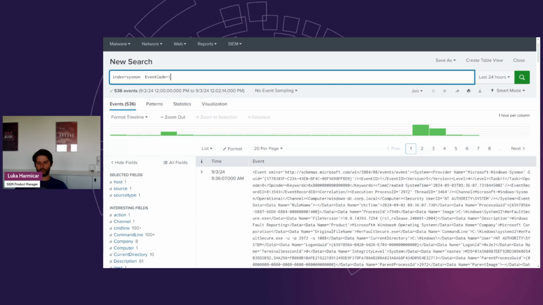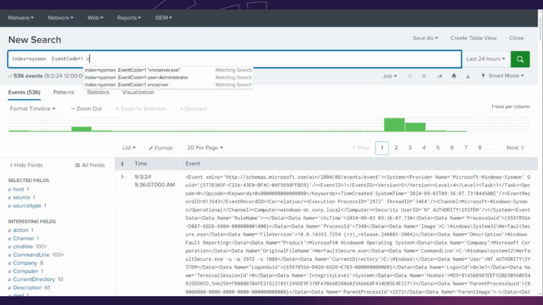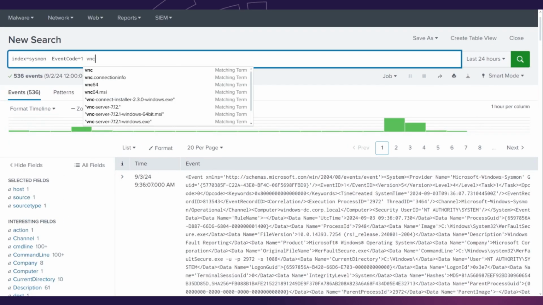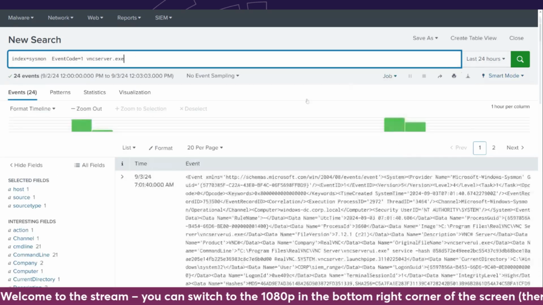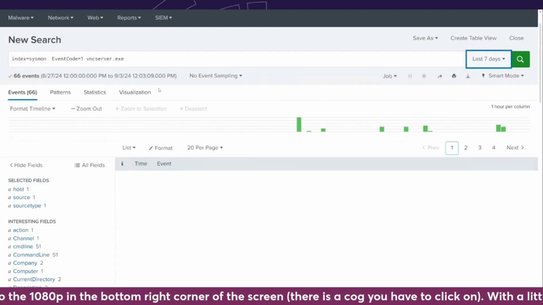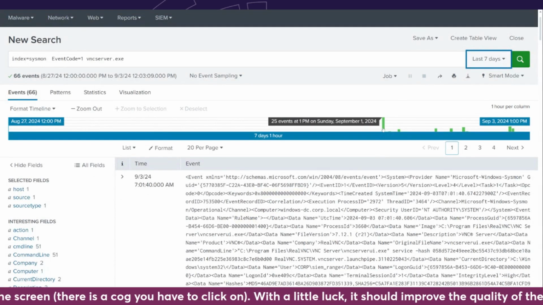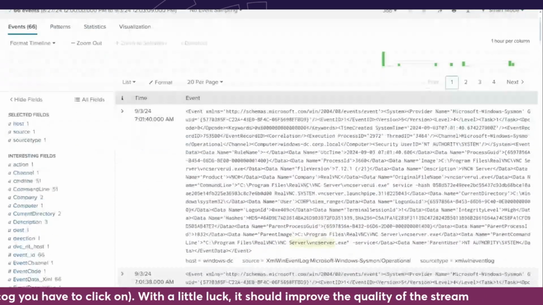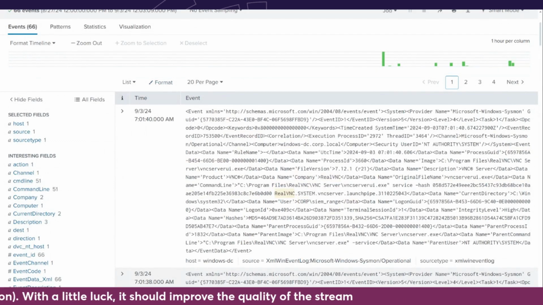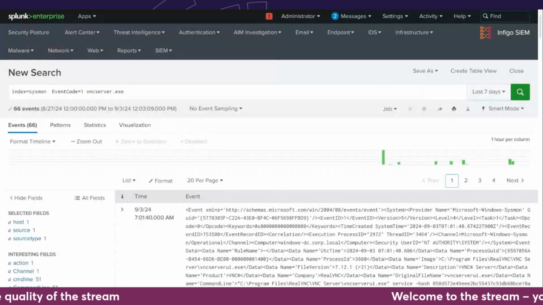It is a legitimate tool that you can use, and a lot of teams use it. And now if we simply look for VNC server, we should find anytime that the VNC server was started or the process did something, and we can see the first time, of course, when this happens. And from these alerts, if we check out our alert, in general, it does not